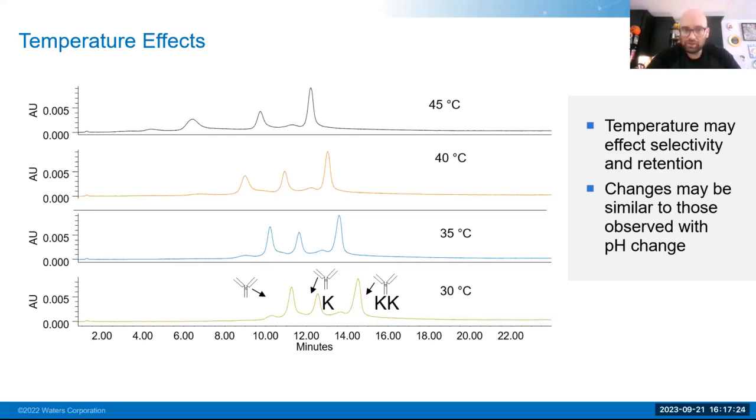And you'll see as we move down to lower temperatures, the peak shape begins to significantly improve, though we do lose that separation between these peaks. Again, it's a balance between all of these characteristics. And as the industry moves not only to proteins but also to different modalities such as nucleic acids, et cetera, you'll have to alter temperature a lot more, again, as these structural characteristics are significantly different between proteins and those particular modalities.